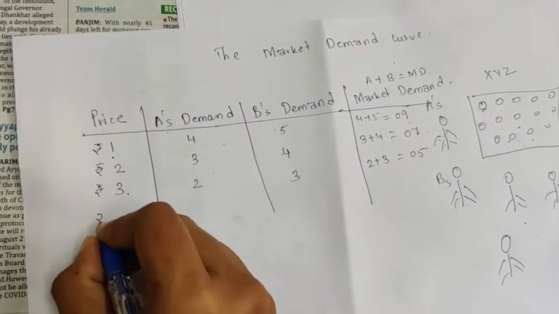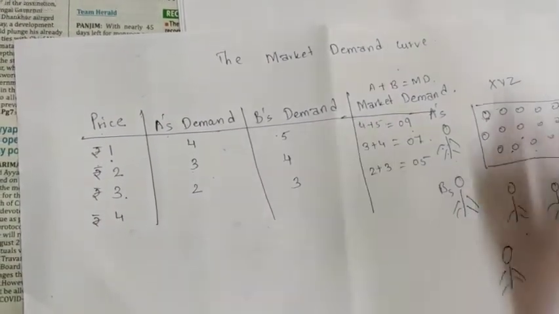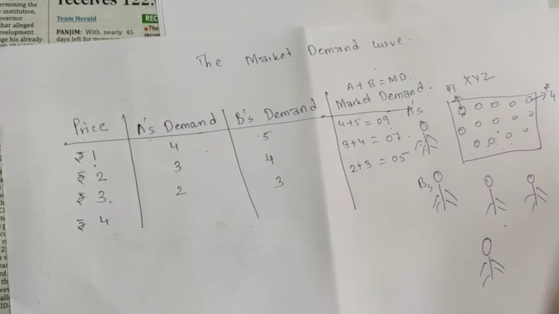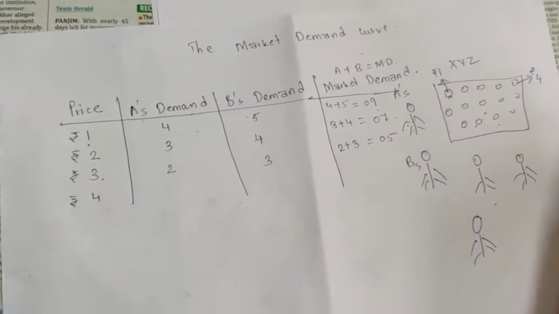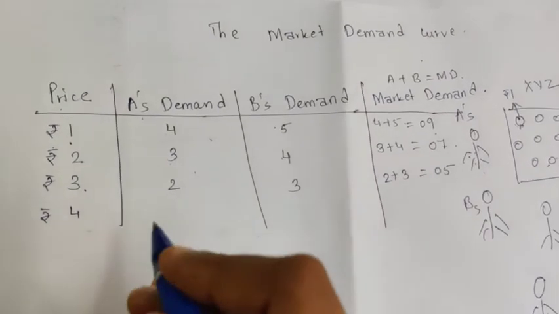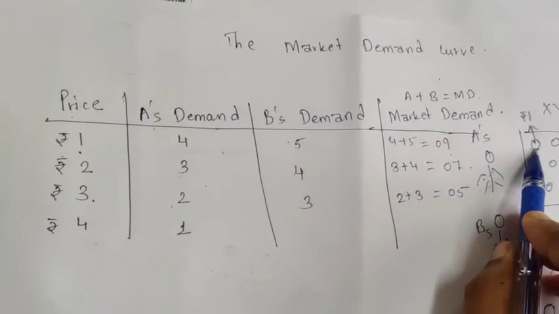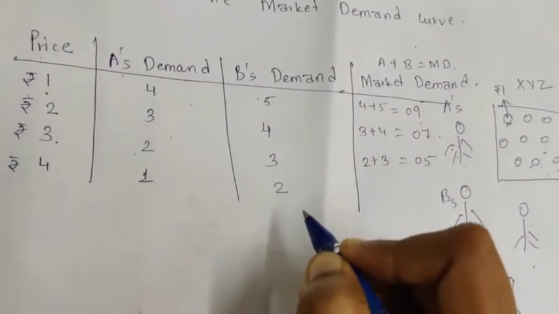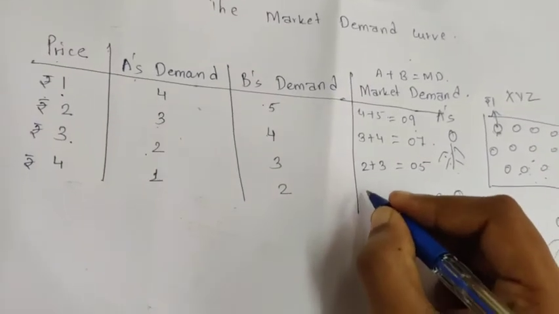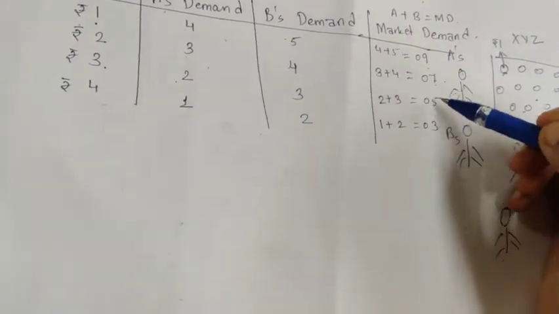And when finally price becomes 4 per unit, 4 per cup, this 1 cup costs you around 4. Starting, 1 cup was costing you around rupees 1. Now the price has increased to 4. What will happen to A's demand, and what will happen to B's demand? A's demand will get reduced from 2 to 1 unit. Now A will buy only 1 cup of ice cream and B will buy 2 cups of ice cream. Everyone's demand is different based on their needs and income. Market demand will be 1 plus 2 is equal to 3. This is your market demand. Now what is your market demand? 9, 7, 5 and 3.